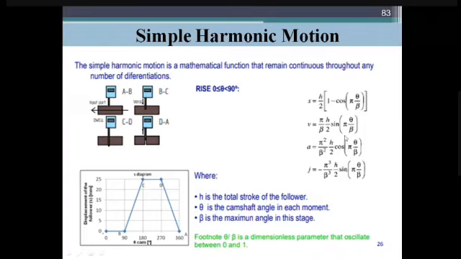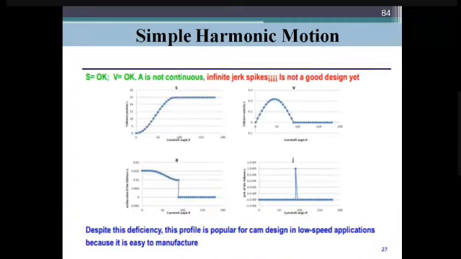And acceleration is again pi by beta, so pi squared by beta squared into h by 2 cos pi theta by beta, because we differentiate the sin. Again, for the jerk, there is a constant pi by beta, so there is pi cubed by beta cubed into h by 2 sin, because when you differentiate the cos, there is a sin. Okay, this is called the jerk. So we go for the next one. If someone satisfies the first constraint, we have two different constraints. First order and second order should be continuous. That means S and V.